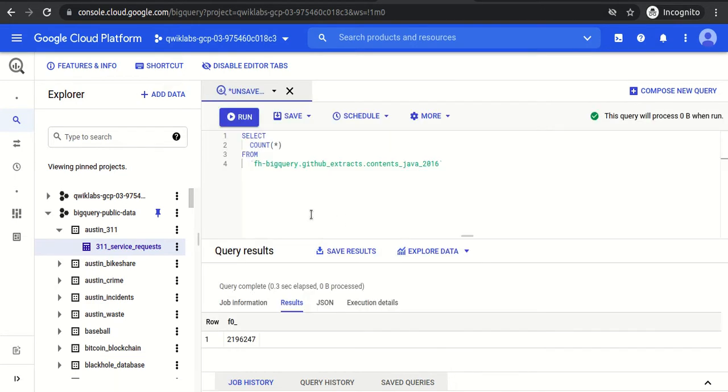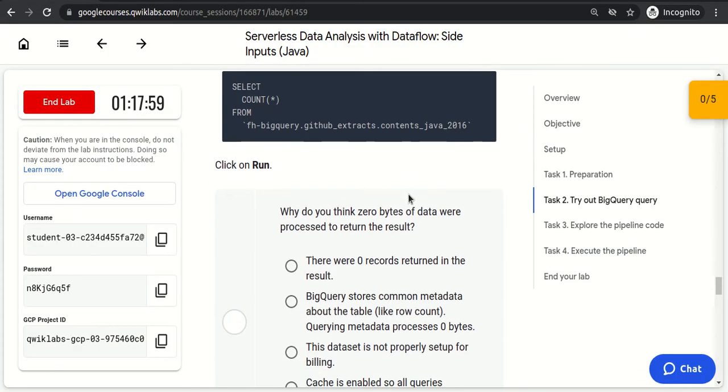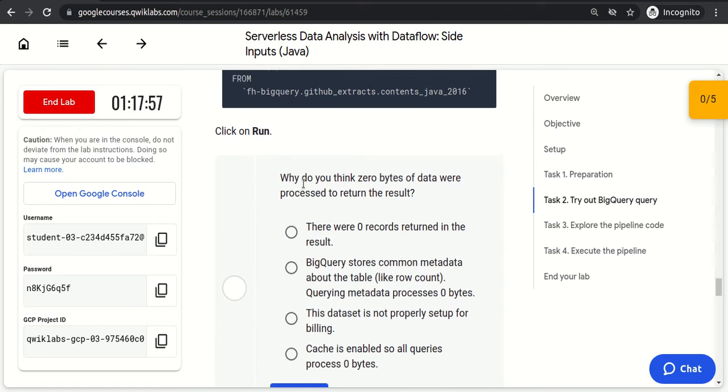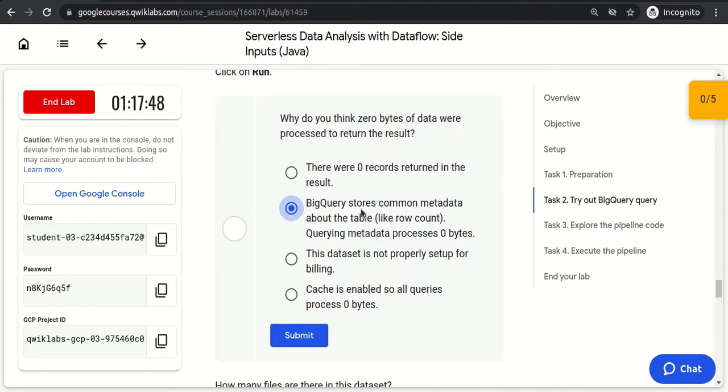So when I run the count star query, it gets the number of records from its metadata, which is already stored in BigQuery itself. There is no need for any kind of processing, so that's why it shows 0 bytes processed. They asked this question: when we run count star, why does it process 0 bytes of data? The reason is that BigQuery stores common metadata about the table, like row count, so querying metadata processes 0 bytes.